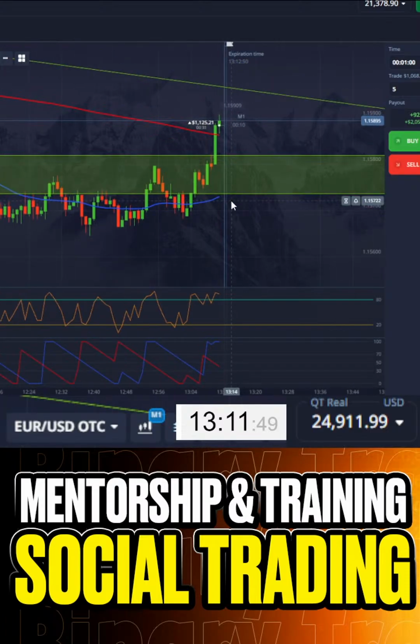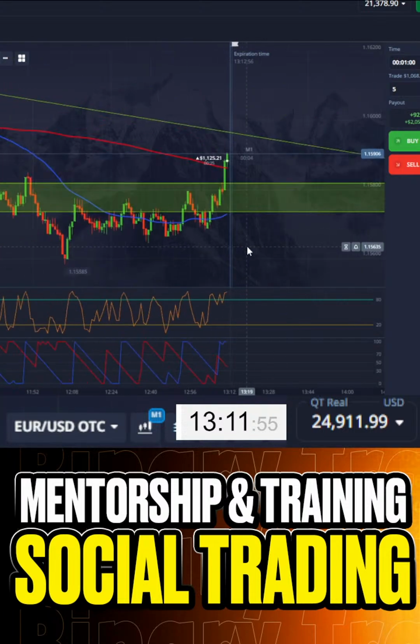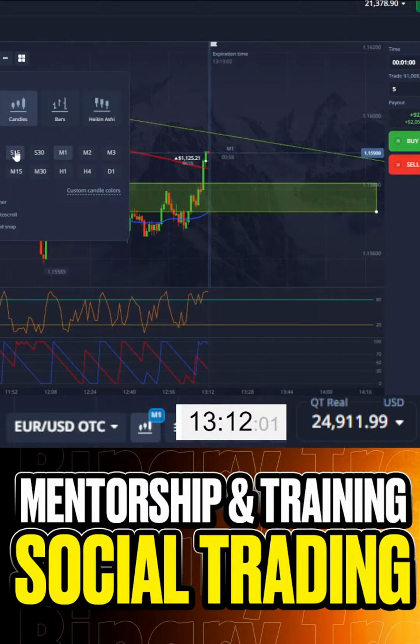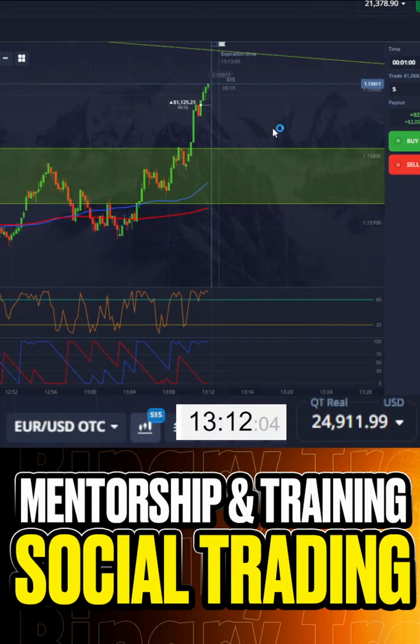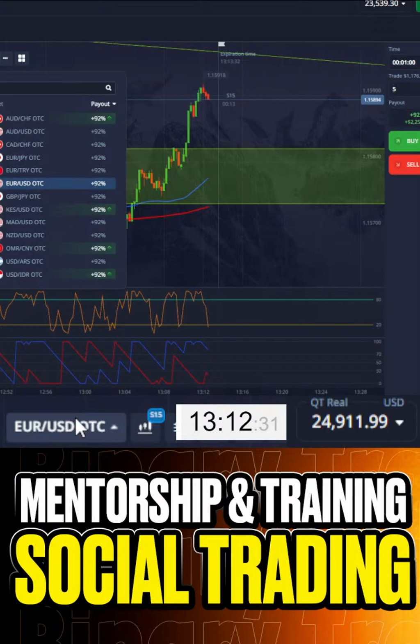We increased to 5% because we need to make our money back. Let's follow our trade with S15. And we see that the price is going up and trying just to have a retest, but not at this moment, because this moment is ours. 2160 bucks plus. Good. Good one. Let's move on.